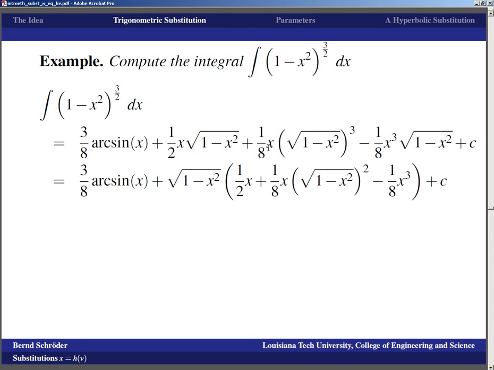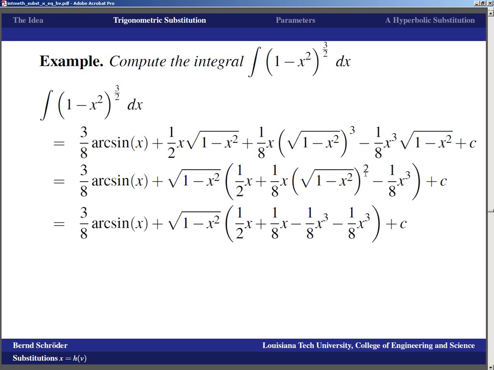From the second term we keep a 1/8 x times the square root of 1 minus x squared, cubed, squared, because 1 is factored out, so that's good. We can simplify that. And 1/8 x cubed is what remains of the last term here. And then, of course, the square root of 1 minus x squared, squared becomes just a 1 minus x squared. And so that means, again, we do all the bookkeeping, we keep the 1/2 x,